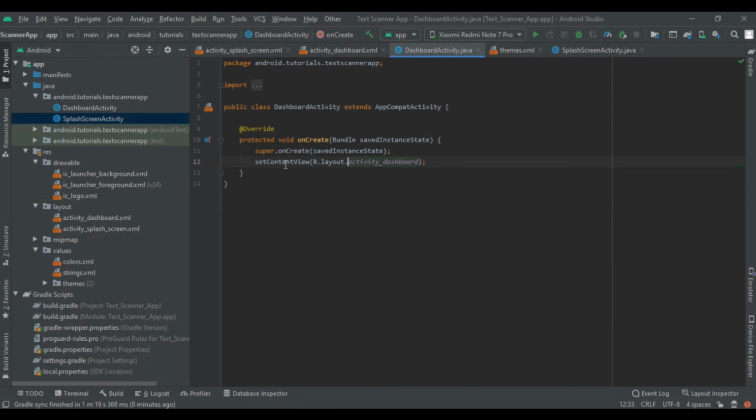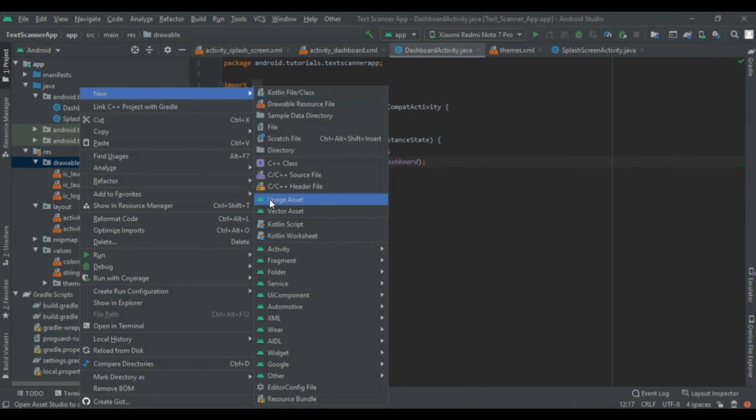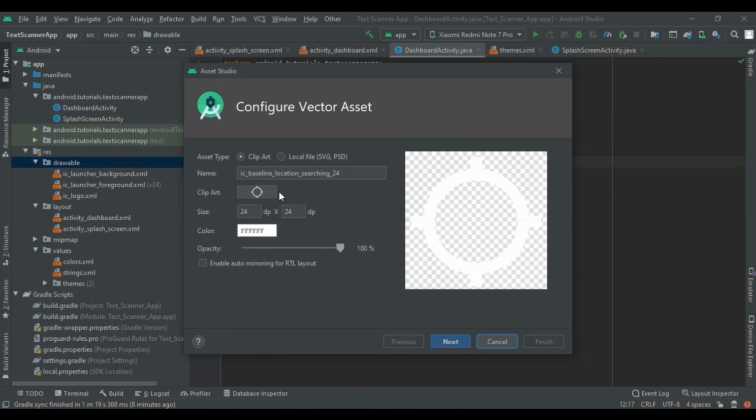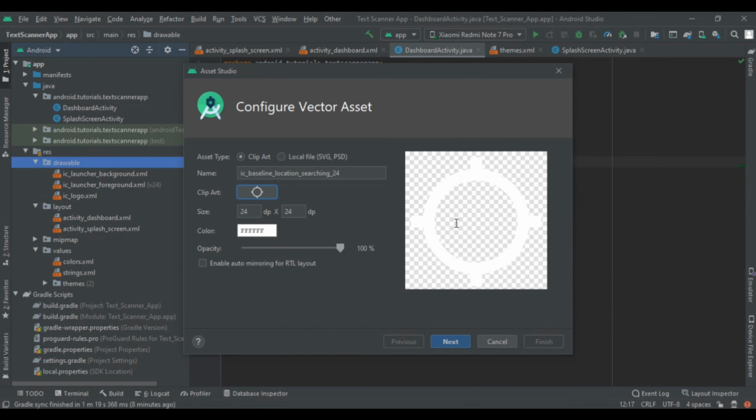I also added one logo by right clicking on the drawable folder, then going to New, Vector Asset, and searching for it, and you will find that logo appear here. You can see that here it is. So I had implemented this much.